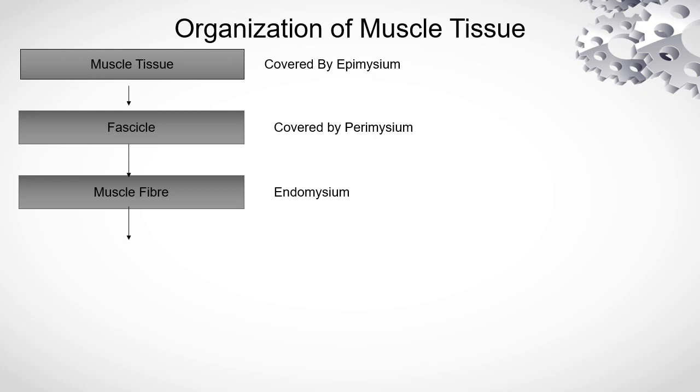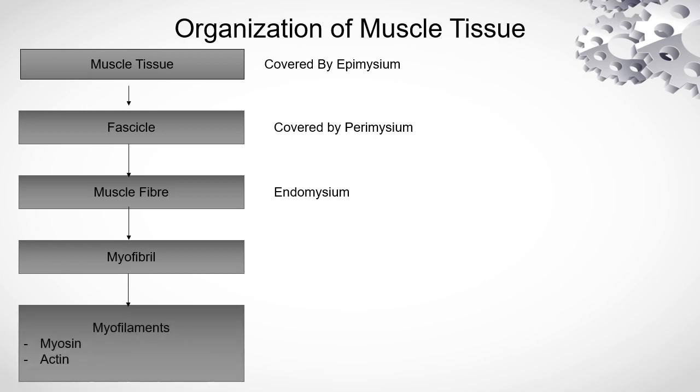Then from a muscle fiber, the muscle fiber is made up of other structures known as the what? The myofibrils, which are the myofilaments. Okay, and the myofibrils are made up of myofilaments such as myosin and actin. So in that order, if you want, you can make a mnemonic. I'm not that good with making mnemonics, but all I know is that there are so many M's in this